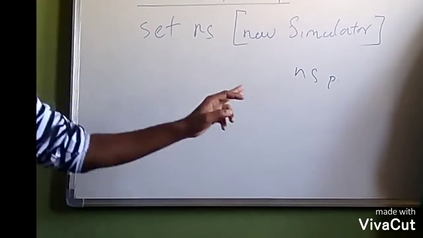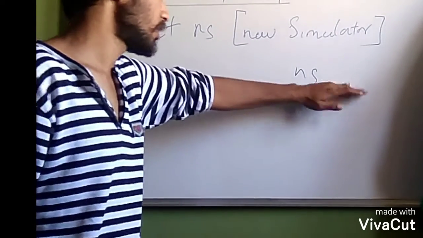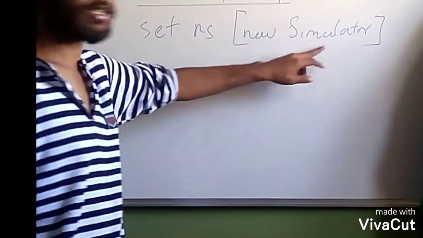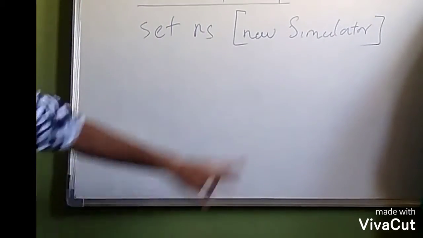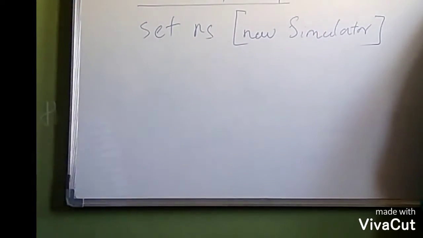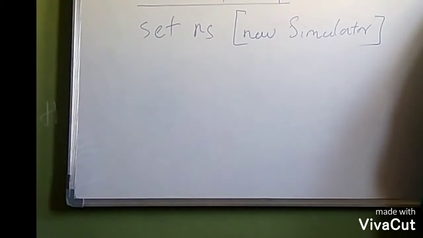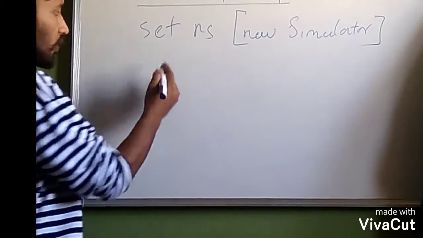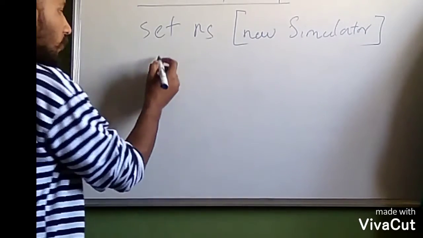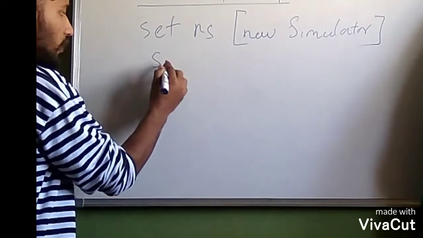This also happens to be a class. So what we are doing is we're taking an instance of that class and we are storing it in a variable called ns. It is similar to storing an object within a variable. Let's say source